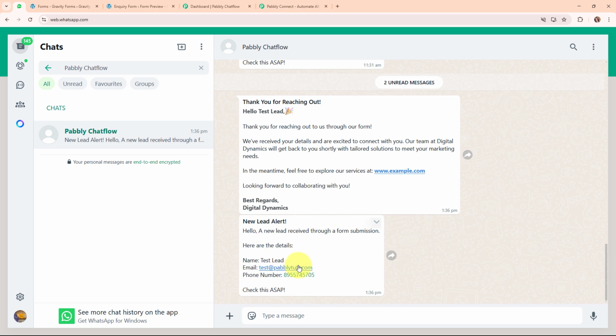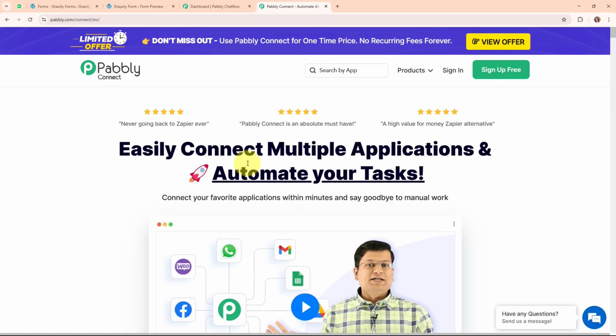So with this, we have successfully seen the working of this automation. Now here in this video, we are going to learn step by step how you can set up this entire automation by simply connecting your Gravity Forms with your Pabbly Chatflow account using an automation software named Pabbly Connect. So Pabbly Connect is an amazing automation and integration software, and it connects all your favorite apps and makes